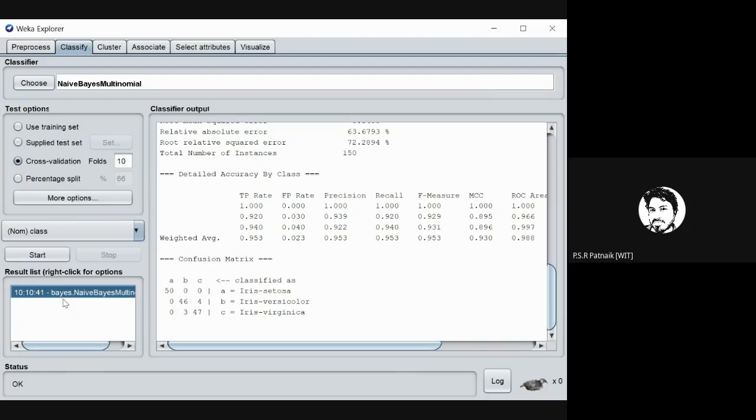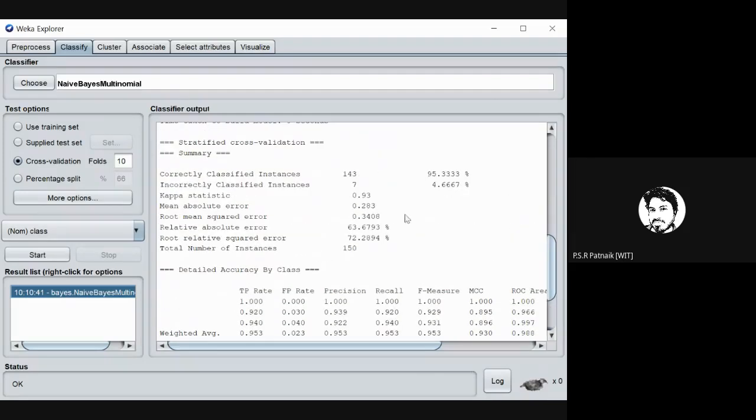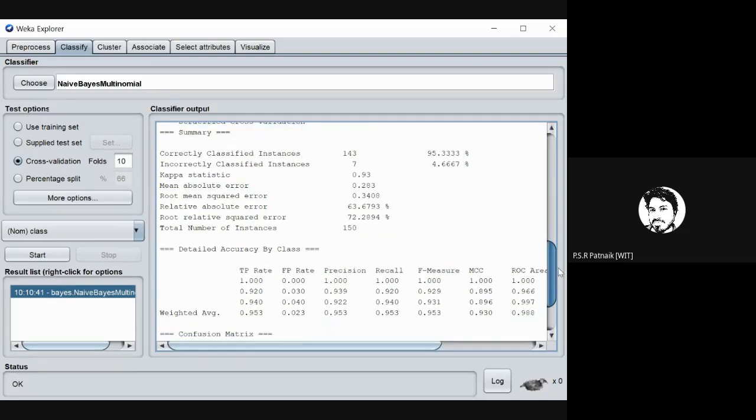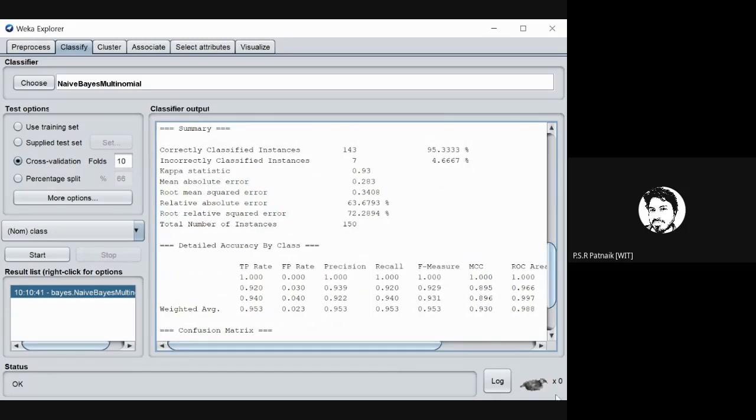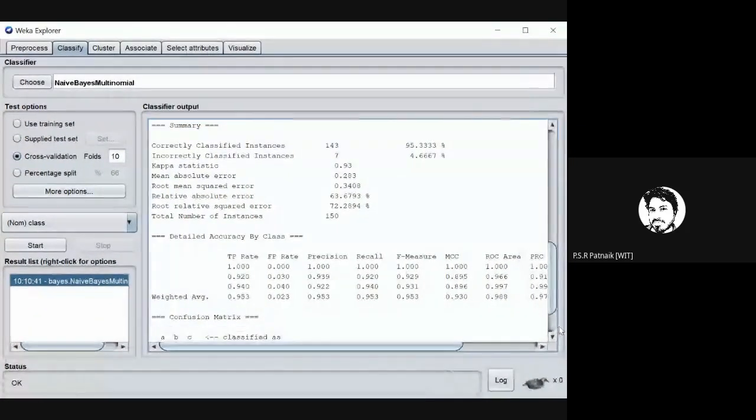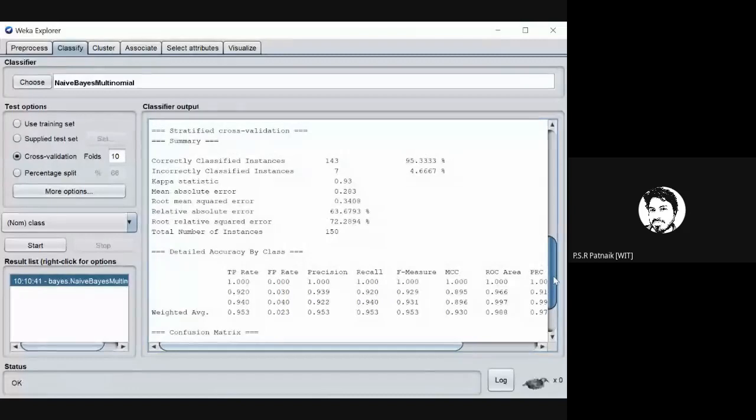After training is done, you can see the accuracy. So what is the accuracy I'm getting? 95.33. Now tell me, should I rely on this? What is something you will look at in this, which is most relevant for you to understand how well this is done? We have already discussed. I just want that answer from you. What inside this is most important for you in order to decide?